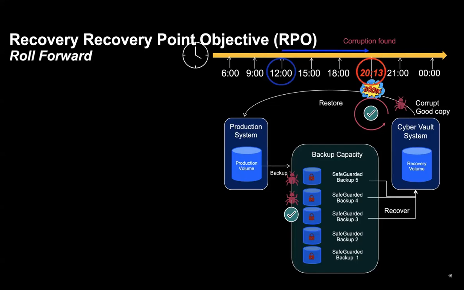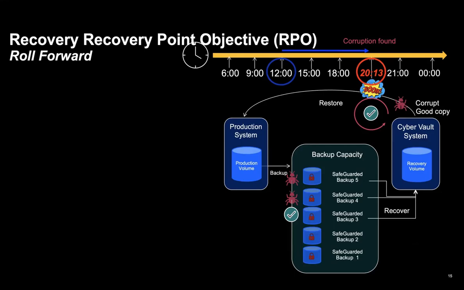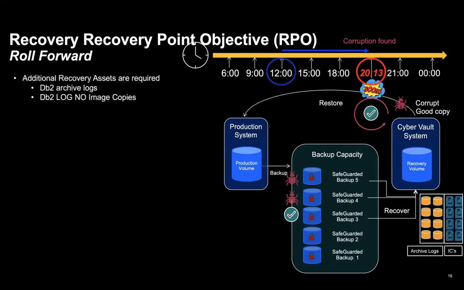Now, the roll forward solution. So now that we had the safeguarded copy, and we could come up at a point in time, everybody and their friends and their cousins are okay. I want to roll forward. It's great to recover fast, but I can't have any data loss, or I want to minimize the data loss. So I'm just going to go back. When I hit enter, you're going to see on the right hand bottom corner,